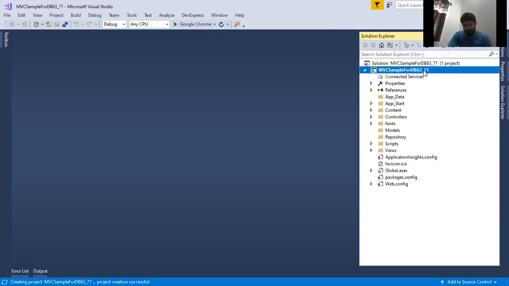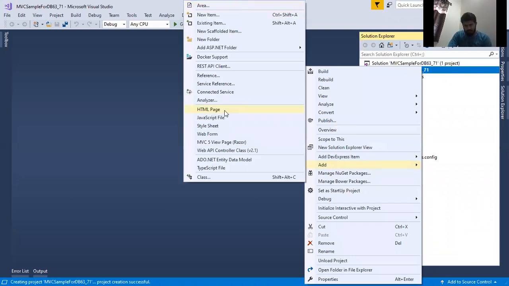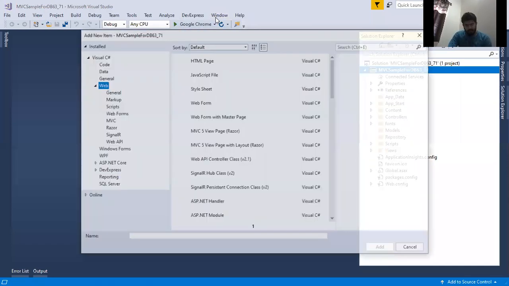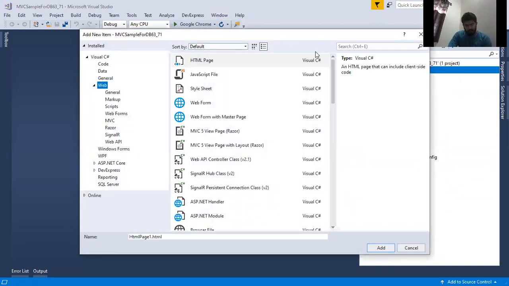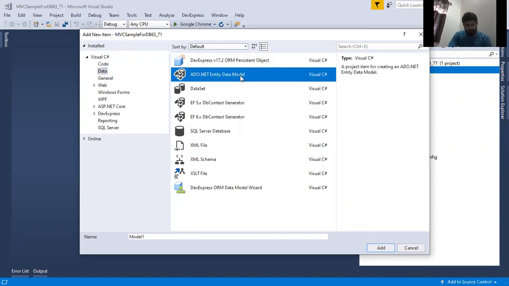So I just right click on this, click on add, and then click on new item. Once I click on new item, you must be able to see a new window here. Here you select data and then select ADO.NET Entity Data Model, because I am going to use ADO.NET Entity Data Model for writing this MVC code.